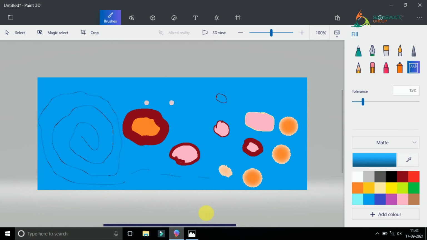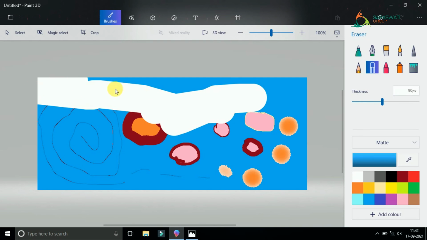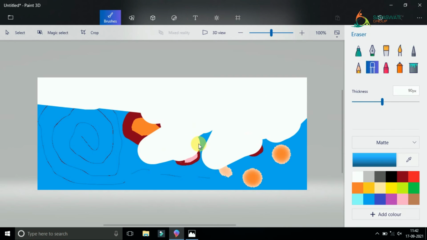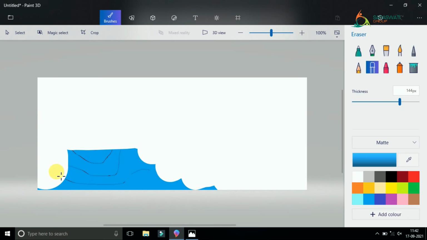Thickness I will increase, so a large area of my canvas will be cleaned, right? You can see here, it's getting cleaned and cleaned. That is, I have increased the thickness. So the more you increase the thickness, the bigger the eraser becomes, right? See, is it clear? This way you can use that.